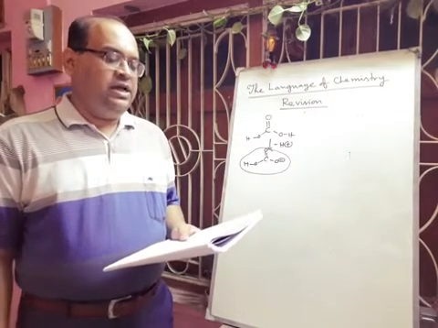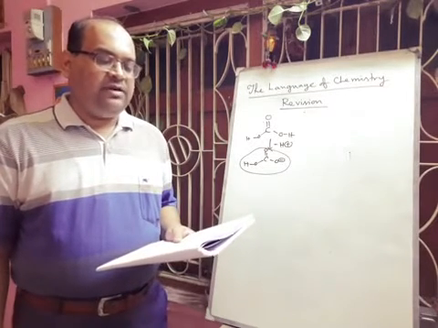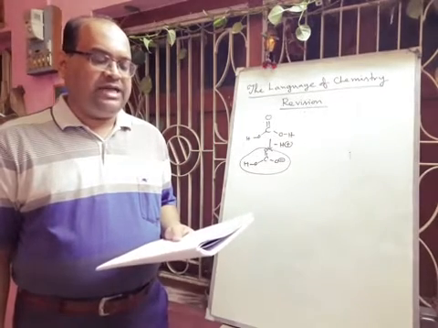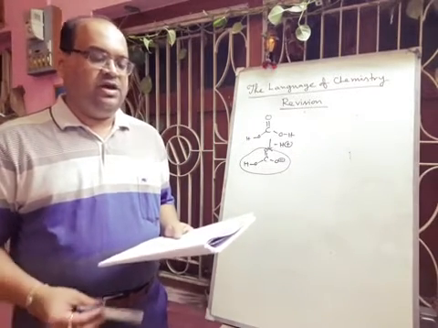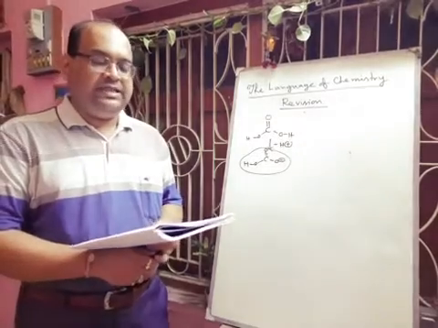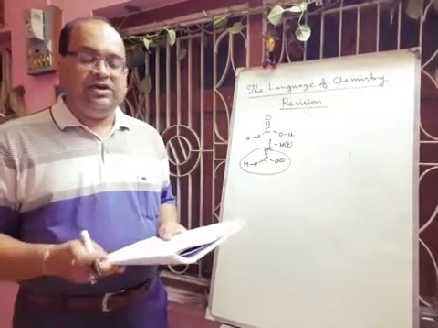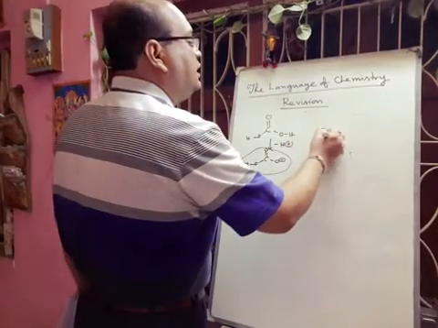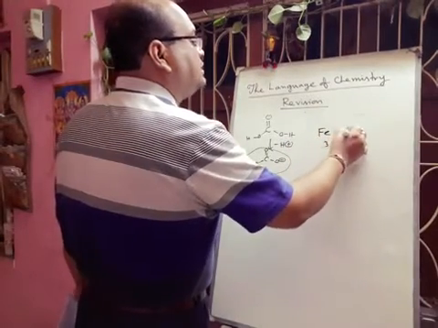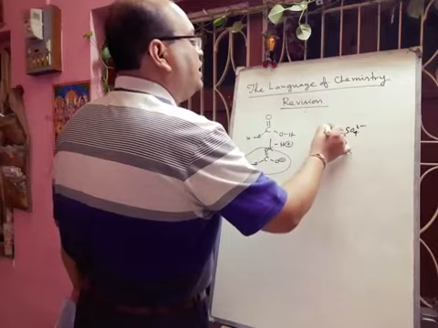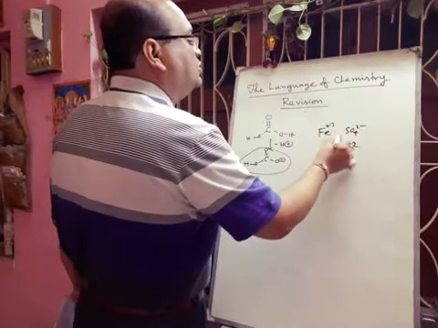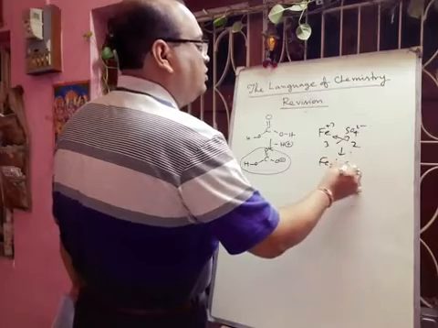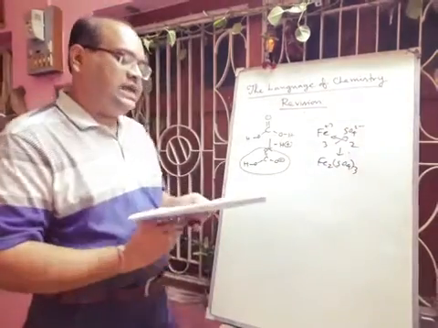Answer will be 1. Next one is: the formula of iron 3 sulfate. Options given are Fe3SO4, FeSO4 whole thrice, Fe2SO4 whole thrice, and FeSO4. Definitely option C, or option 3, is the correct answer, Fe2(SO4)3. Actually, ferric sulfate means iron in the 3 state, and sulfate is SO4 2 minus. This is plus 3 and it is 2, so its formula will be Fe2(SO4)3. So option 3 is the correct answer.